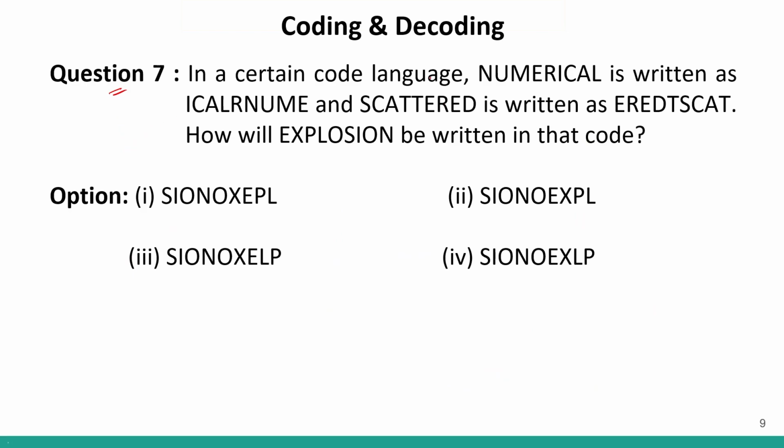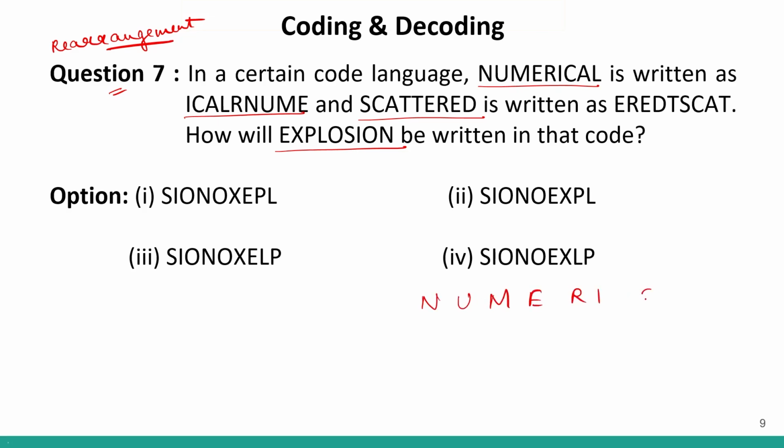Question number 7, in a certain code language, numerical is written as like this, scattered is written like this, and we have to find how explosion will be written in that language. Okay. So, numerical, I can see that same letters are there. That means we have to assume that we are rearranging. We are not using the concept of forward rank or backward rank. We are rearranging. So if I am rearranging NUMERICAL